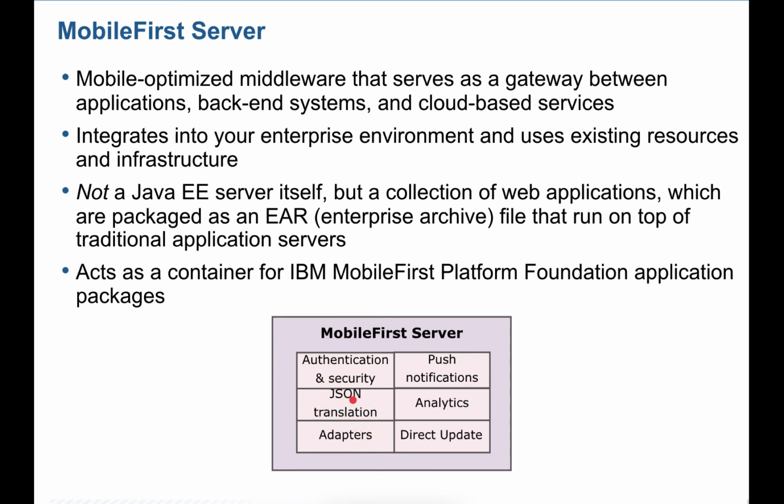JSON translation means if you have a multi-language application, those things it will also support in that way. And then offline storage. If you want to store anything offline, then there is something called JSON Store in mobile first. That is a feature, JSON Store, and you can store any data offline in a secure manner.